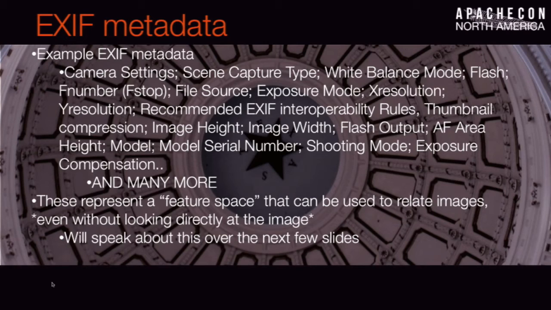This is a lot of information that can be used to identify relationships between images. Who took them? How? When? What was the scenery? Lots of stuff that normally computer vision techniques are keyed up to select: background, scenery, lighting, and things like that. I'm basically telling you that you don't need to run a big computer vision algorithm on this. You can get it from the metadata. Okay? Get this information from the metadata. This can be a feature space that you can use to relate images.